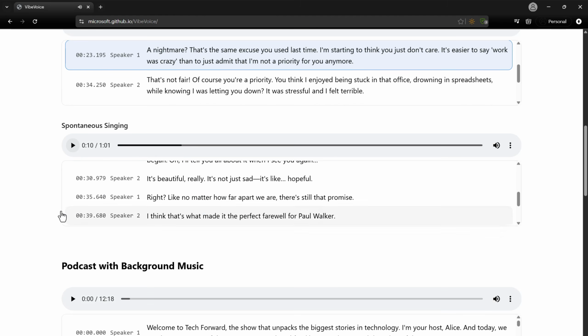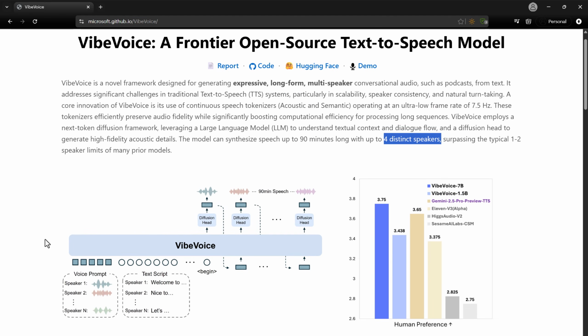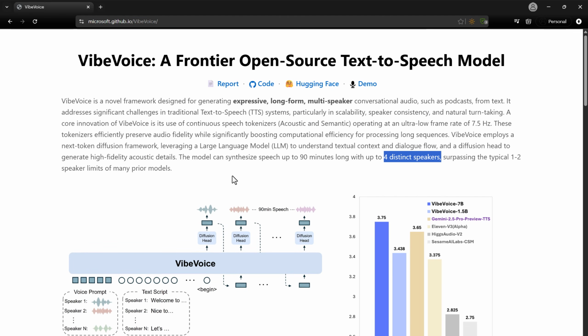All right. So you see here a lot of examples are available, but the question is how you can replicate these, how you can synthesize these voices in your own voice. That is something I'm going to show you. For that, you can head over to the demo. So this is an online demo available here at Gradio.